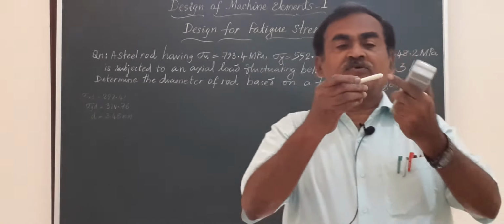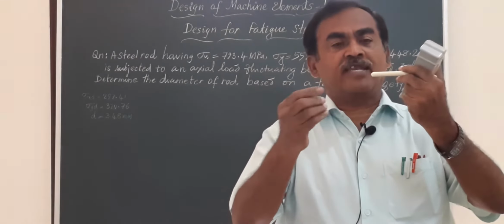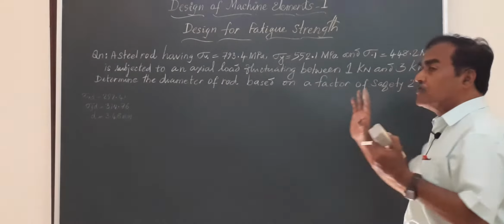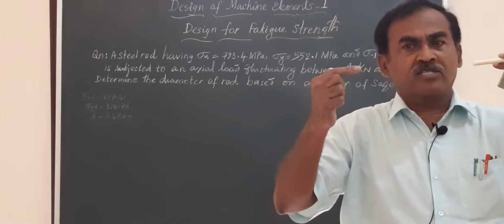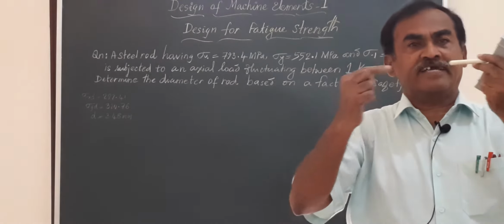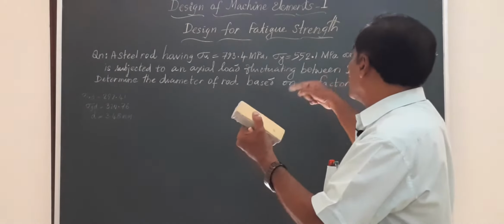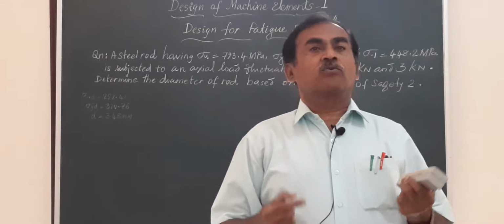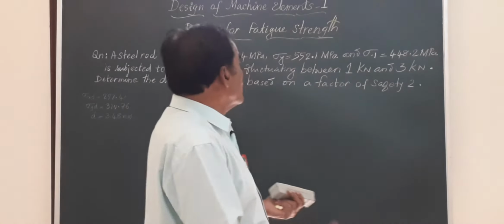What happens if the member, same steel rod, is subjected to load fluctuating between two values? Say here there is a member subjected to load varying from 1 kilonewton to 3 kilonewton. So 1 kilonewton tensile load is applied for some time, then after some cycles it is increased to 3 kilonewton. This procedure is repeated. So in all such cases, whenever there is a fluctuating load or the member is subjected to fatigue, we are going to use what is called the Soderberg equation or Goodman's relation to solve the problem